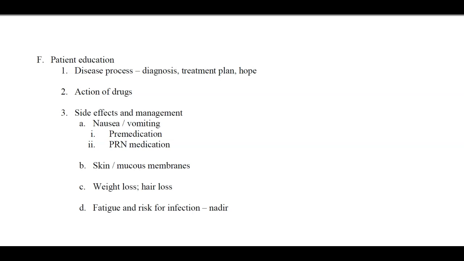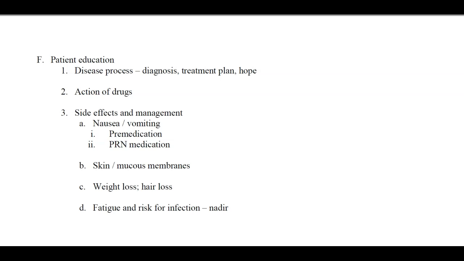In addition to those, we need to educate our patients pertaining to the action of the drugs, the side effects, and how to manage them, such as nausea, vomiting, the importance of pre-medication, and PRN or as needed medication. In addition, we also need to tell them about their skin or mucous membranes. So with chemotherapy or anti-neoplastic therapy, it can cause dryness, itchiness, redness, and other forms of rashes or sensitivities can happen when they're receiving these drugs. Weight loss can happen as well as hair loss, and in addition, it is also imperative that we tell them that they will feel fatigue and they're going to be at risk for developing infection, as well as the terminologies,